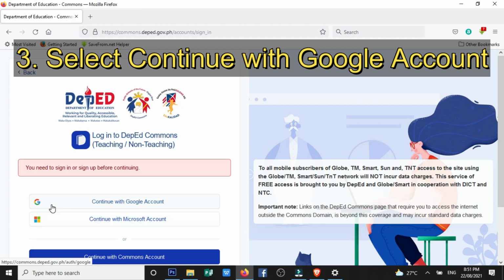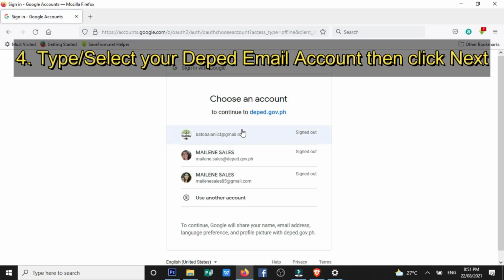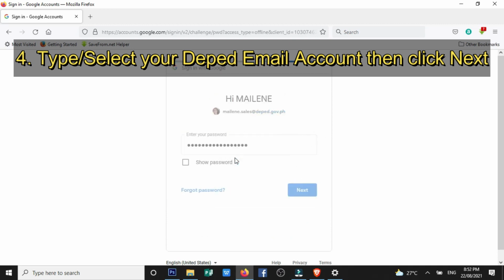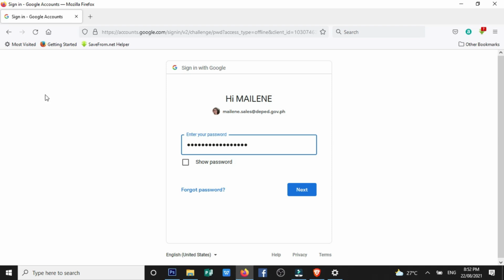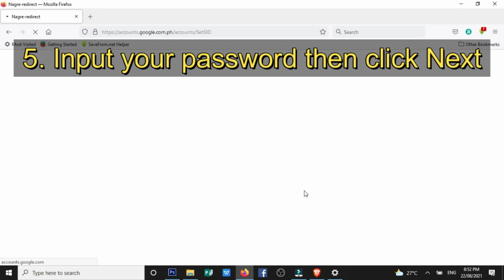So you have two options, either to use your Google account or use your Microsoft Office 365 account. For this tutorial, we'll be using the continue with Google account. So select it, and after that, you will be required to input your DepEd email and of course your DepEd email password, and then click next. So I am using my DepEd email, and of course my password. Next,